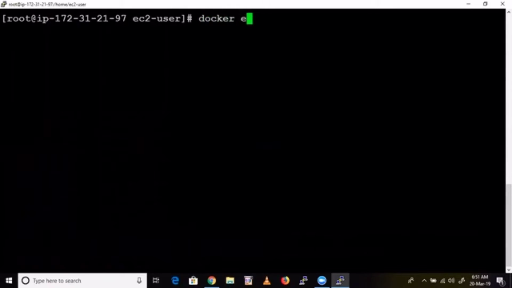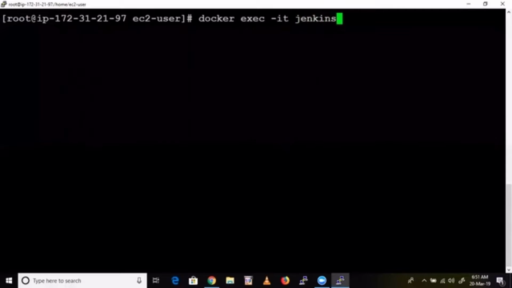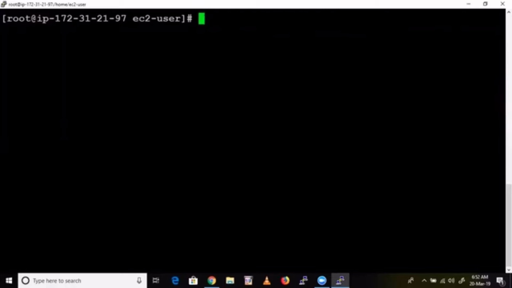Docker exec -it. So what is the container? Jenkins container, right? And bin. One thing, you don't even need to go inside the container because Jenkins is already running. We need not install anything because by default everything is there inside. We just need to take that image, and we have already executed that command. Only one command. See, this is already executed.